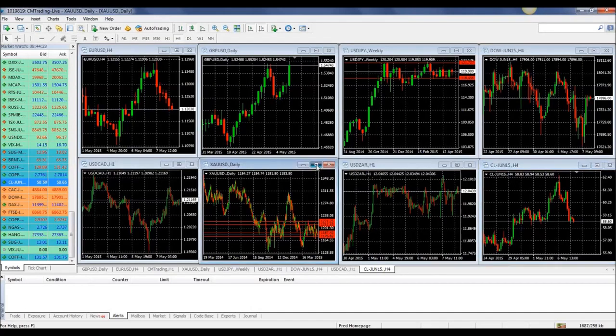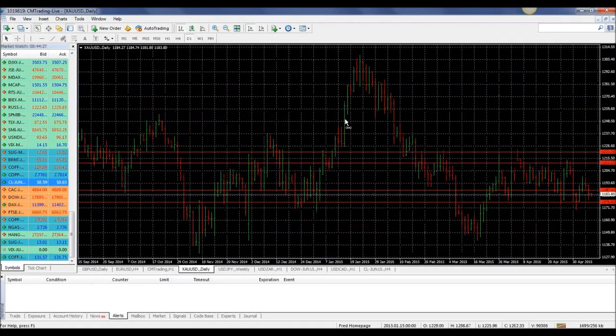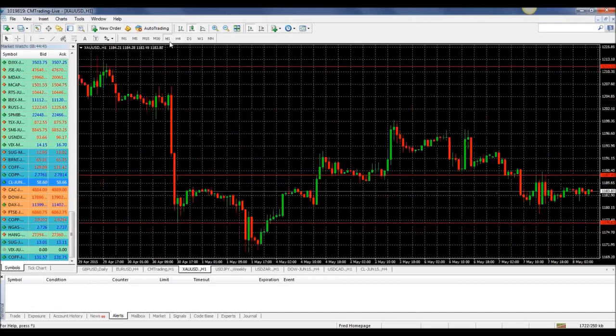Looking at gold just briefly, not doing much. Let's just highlight where we're at right now. Okay, we're in at 1183 at the bottom of the range. So we may just pop up again as we normally do as we get down here. This is going all the way back to March, the end of March. If we're looking at a 1 hour chart,